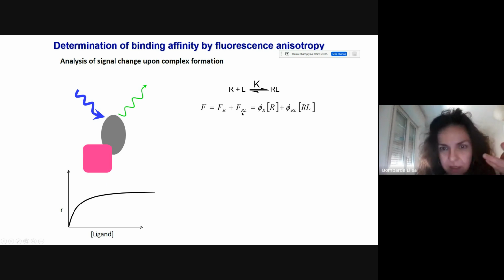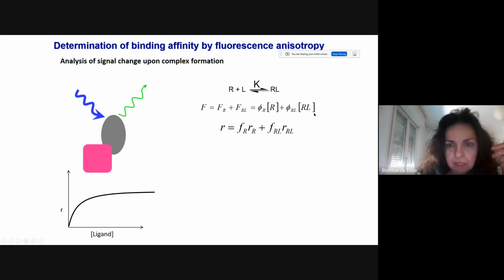So that is how the fluorescence signal is composed, and that is how the anisotropy is composed. That is the anisotropy value of the receptor alone and of the complex, weighted by the fraction of presence of the two species,